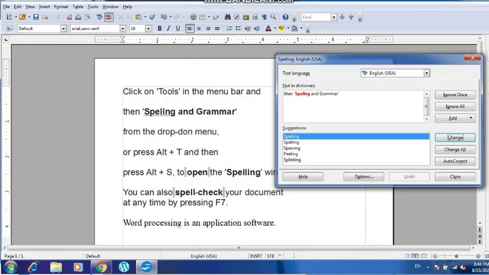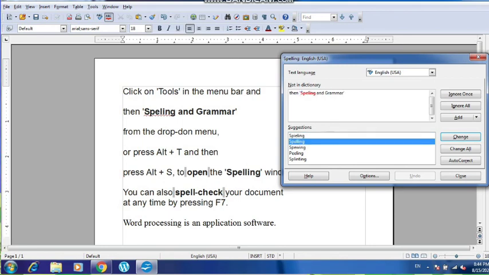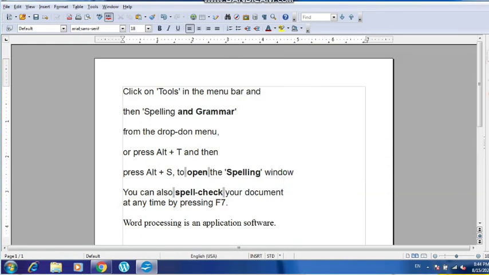The first spelling Writer found wrong is this underlined word. You can see that it is not in the dictionary and is not a correct spelling, so it gives you a suggestion to change it. Whatever spelling you want, just click on Change here and it will be changed. Then it didn't find any other wrong word, so it has not given you any further suggestion.